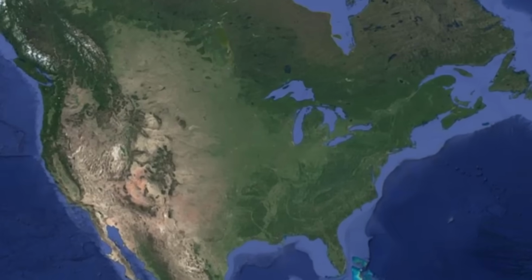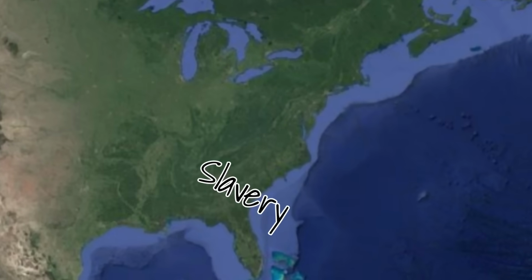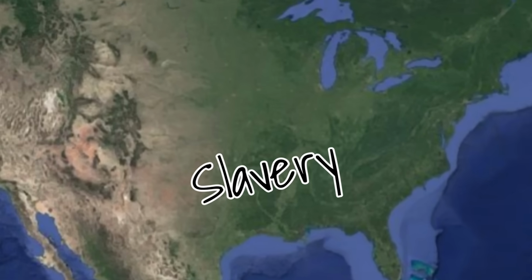The other thing to mention is the growing split between the North and the South. We start seeing these two areas separate on values around this time. The main reason for this was slavery. The South had slavery implemented heavily throughout its territories, and once they expanded westward, more slavery was implemented.